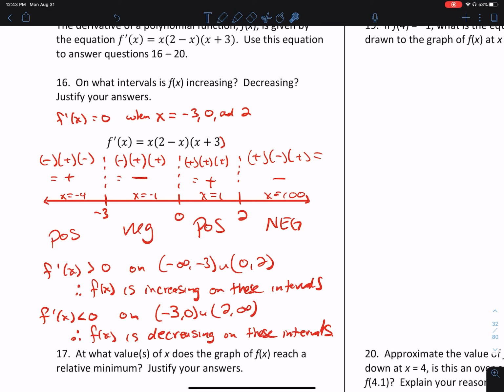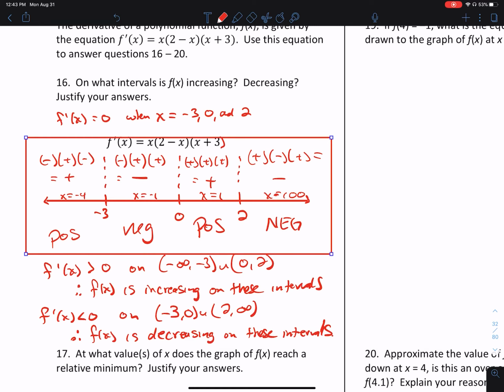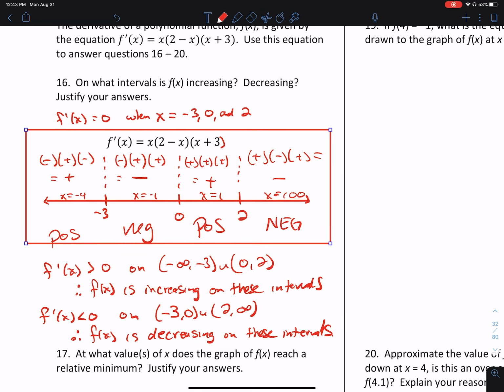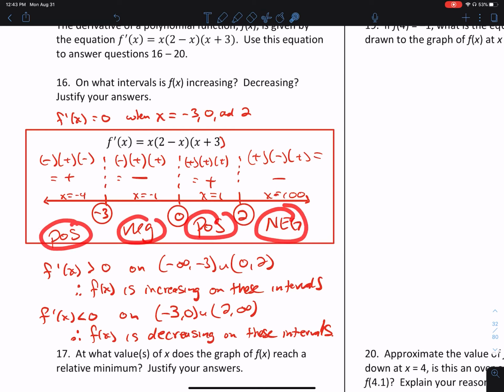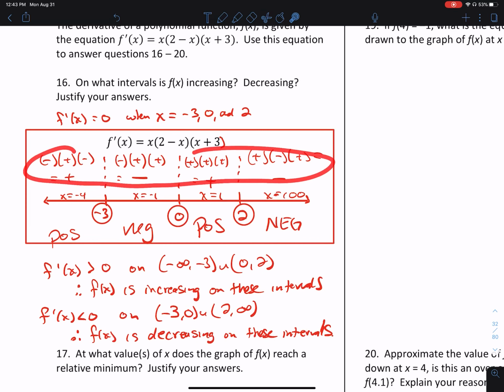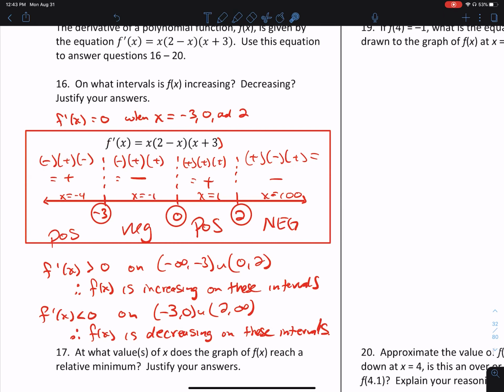So the whole point of this sign diagram, right through here, which you would need on the AP Calculus test to show that work. When I say show that work, you would have to show a number line. You have to have these numbers on here, which, tell you what, let's circle those numbers. You wouldn't have to circle them. And you'd have to show positive, negative, positive, and negative. You wouldn't have to show this. You wouldn't have to show the numbers that you plugged in. Anyhow, this is necessary to tell us when the derivative is positive or negative, which we could then conclude whenever